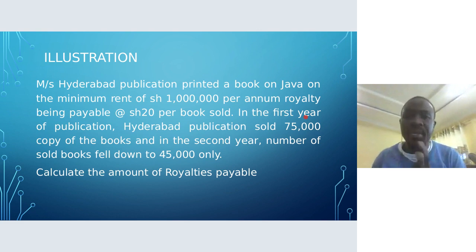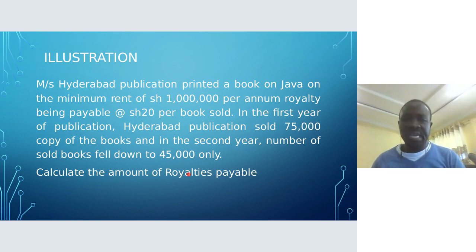I hope I'm clear there. Now, in year two, we are told that the number of books that are sold fell to 45,000. To calculate the amount of royalty that is payable, we'll take the 45,000 copies that are sold multiplied by the royalty amount per book, which is 20. So we'll multiply 20 by 45,000. And if you multiply that, you will get that the royalty amount that is due will be